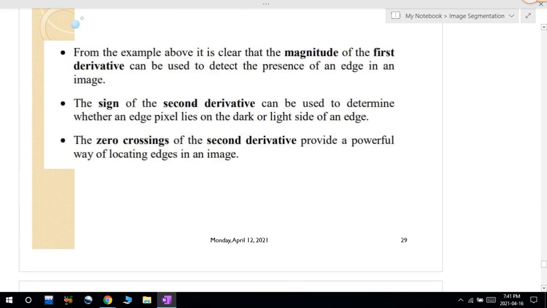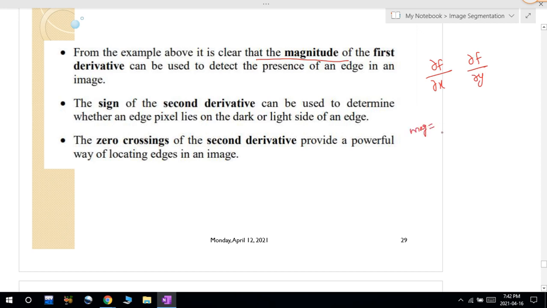So from the above example, we can easily see that the magnitude of the first derivative can be used to detect the presence of edge in the image. So first we will try to find out the first derivative of the image. Based on the first derivative, we will find out in both directions, like ∂f/∂x, which is the x direction, and ∂f/∂y, which is in the y direction. Once you find out this derivative, we will try to find out the magnitude.